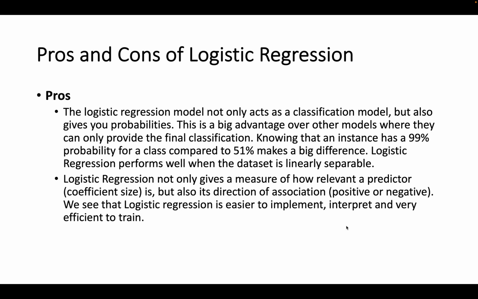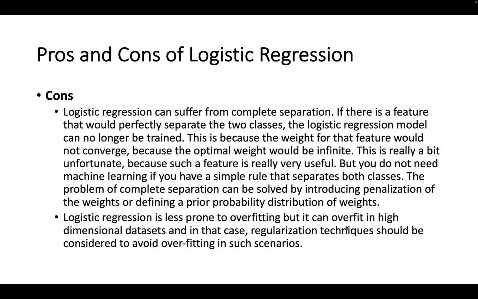Logistic regression not only gives a measure of how relevant a predictor coefficient size is, but also its direction of association, positive or negative. We see that logistic regression is easier to implement, interpret, and very efficient to train. Cons: logistic regression can suffer from